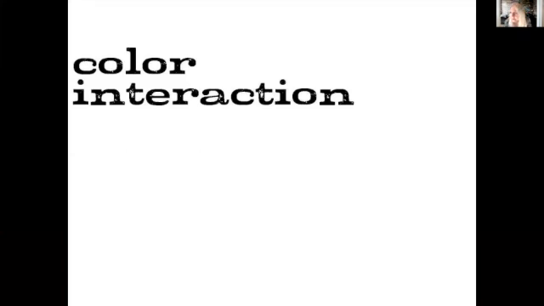Color interaction. We talked a little bit about it prior, but really the idea is that when we look at one color and we see another color, we have interactions of color and we have interactions of light and color. And one of the people responsible for some of the research around this,